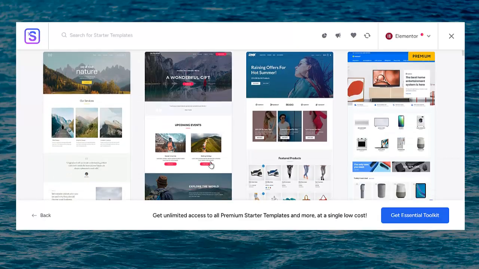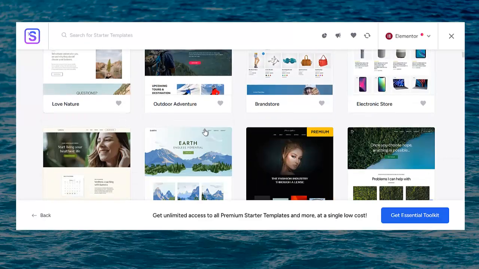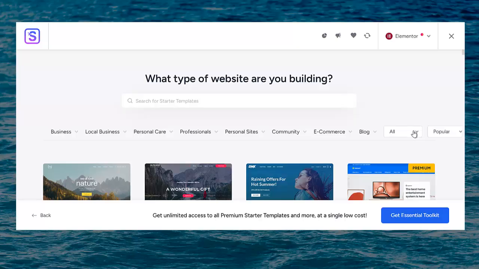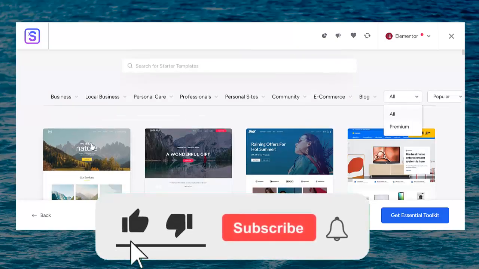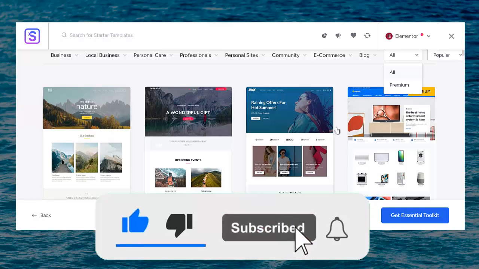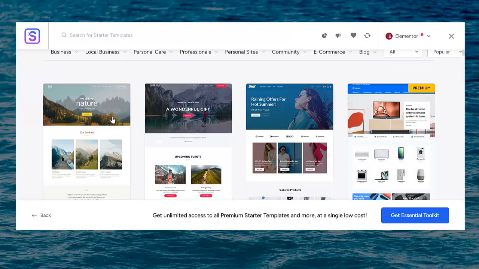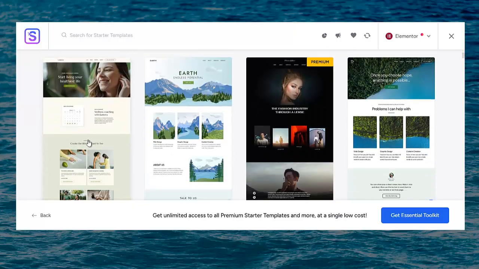So I'm going to show you how to differentiate the premium and the free website. Over here now, this is a free website, but this area with a premium tag is a premium website. So depending on what you want